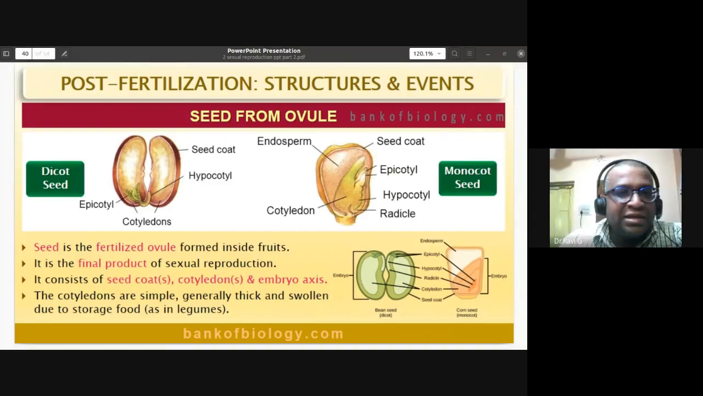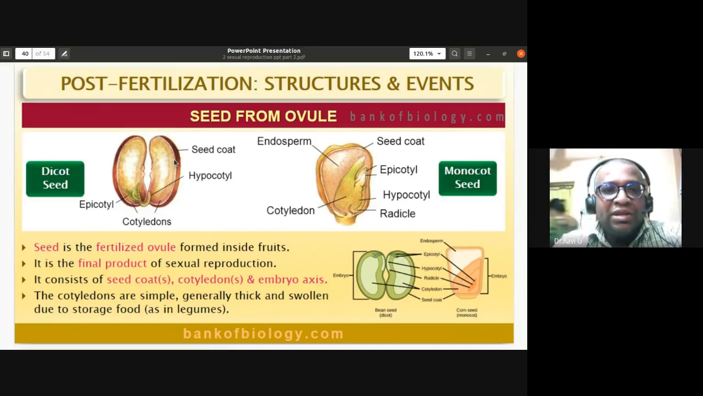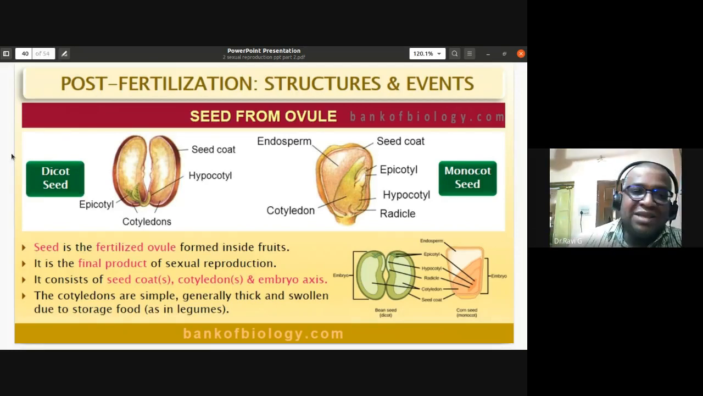So that is, there is the formation of seed from ovule. The formation of seed from ovule is also a post-fertilization event, which we will discuss about. So the dicot seed and monocot seed, if you look into the slides, above slide,